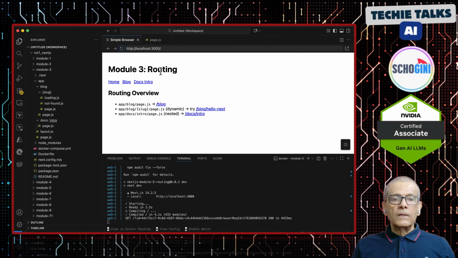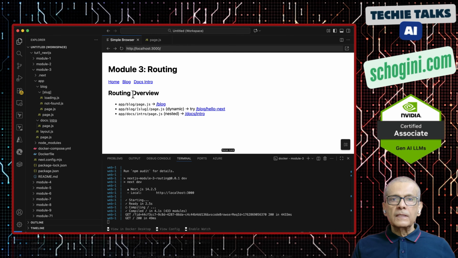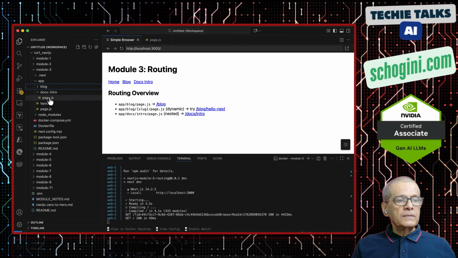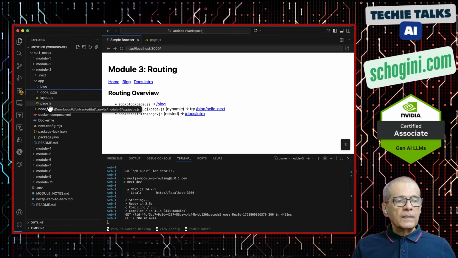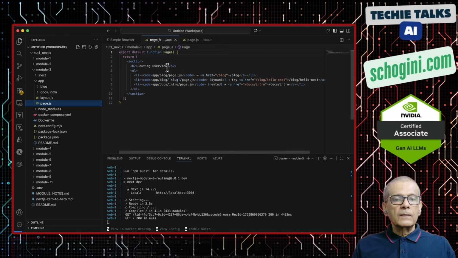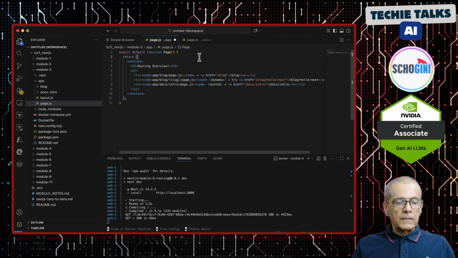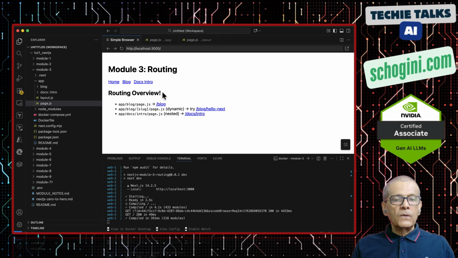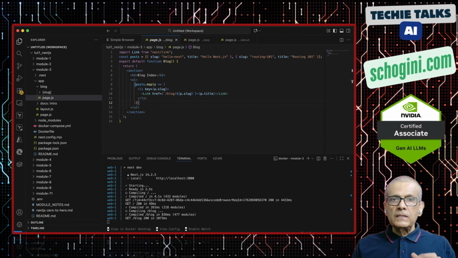Okay, module 3, all about routing. Page is what you see here. When you click home, which page gets rendered? The app's top level page.js. Okay, so this is the page that you are seeing here. Let me put an exclamation mark. See here, routing overview. So in this project, what we are going to learn is we're going to see static